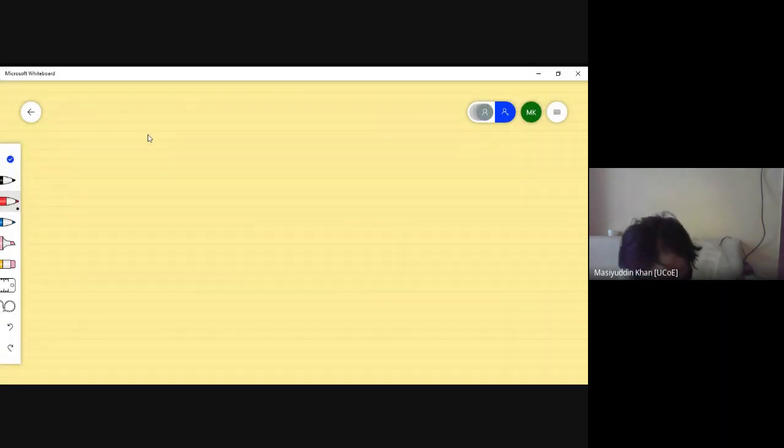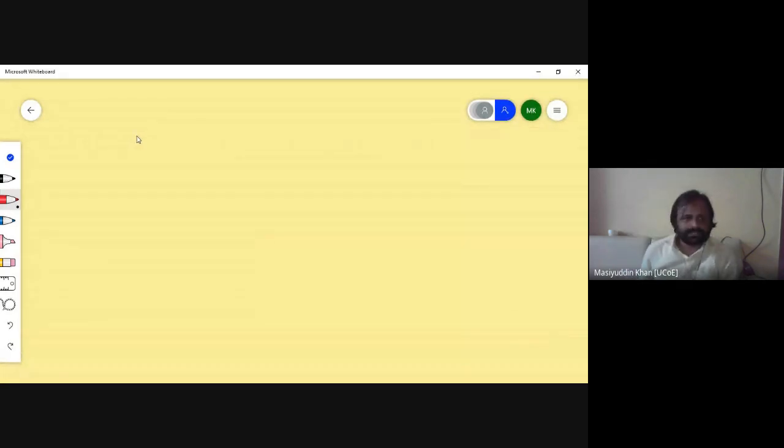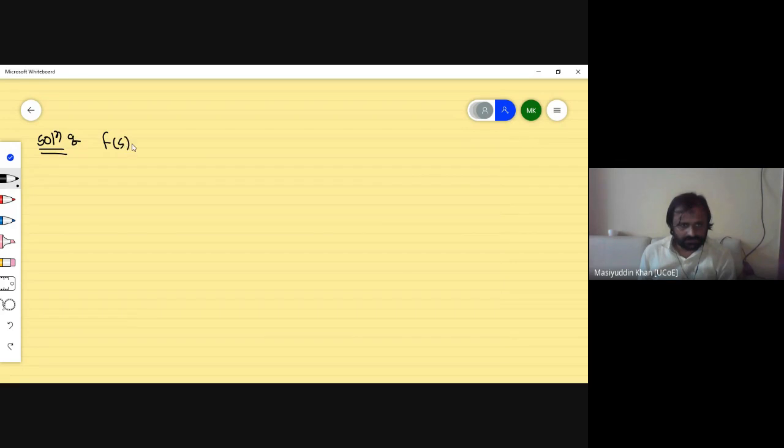The problem was taken by 1 by s square plus 9 and 1 by s square plus 4. So directly I'm writing here the solution of this problem. So f of s was 1 upon s square plus 9 and s square plus 4. So I'm just taking Laplace inverse of f1 of s, that is equal to, directly मैं लिख रहा हूँ, 1 by 3 sine of 3t,